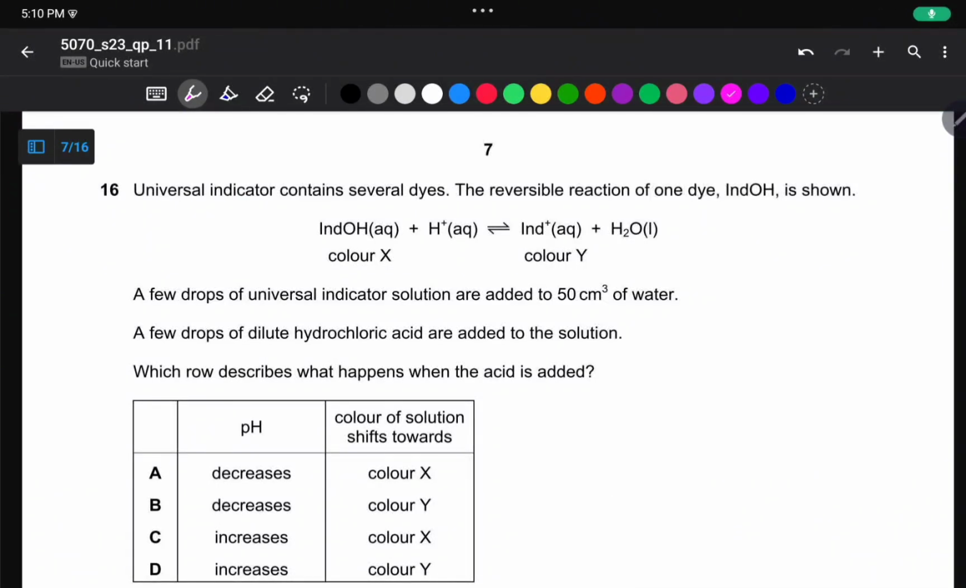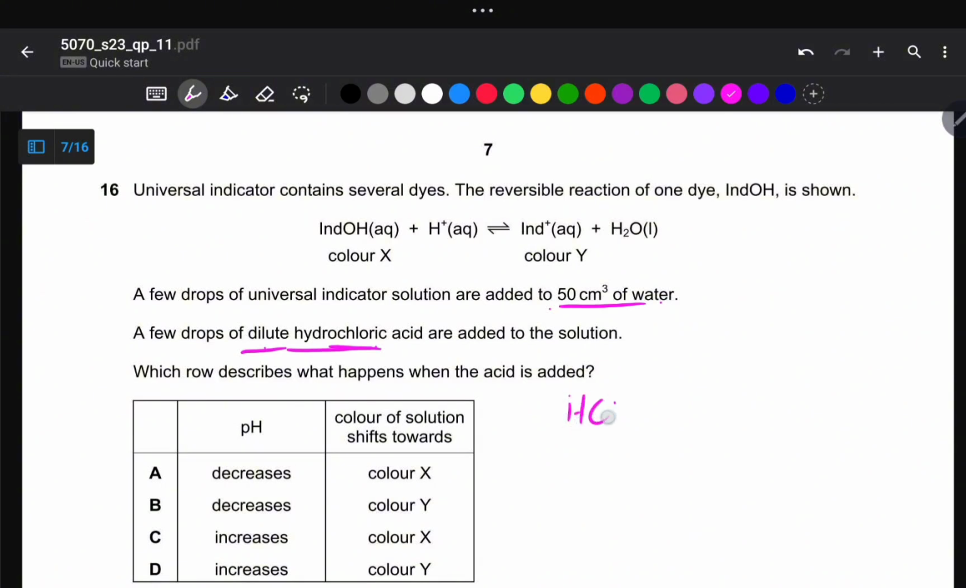Question number 16 says universal indicator contains several dyes, and the reversible reaction of one dye, indole hydroxide, is shown. So we've got this equation, this reversible reaction. We've got these statements: a few drops of universal indicator solution are added to 50 cubic centimeters of water, and also a few drops of dilute hydrochloric acid are added to the solution. So which row describes what happens when the acid is added? As I've alluded to before,